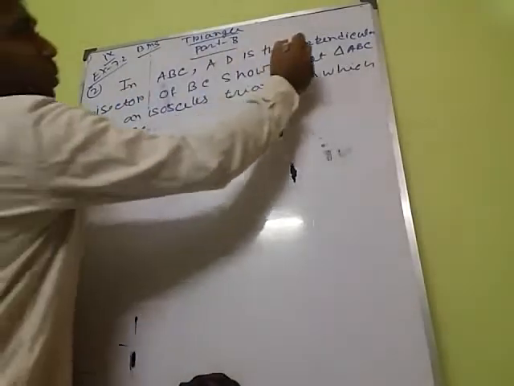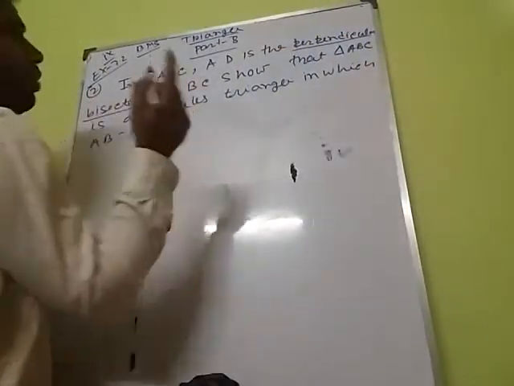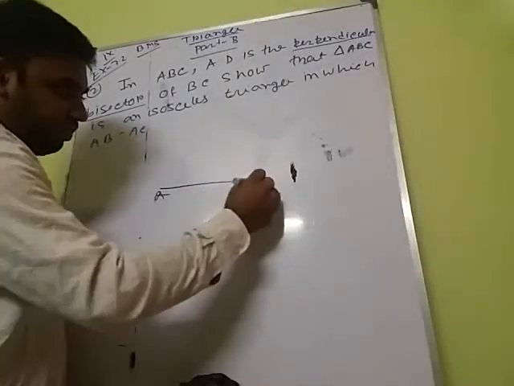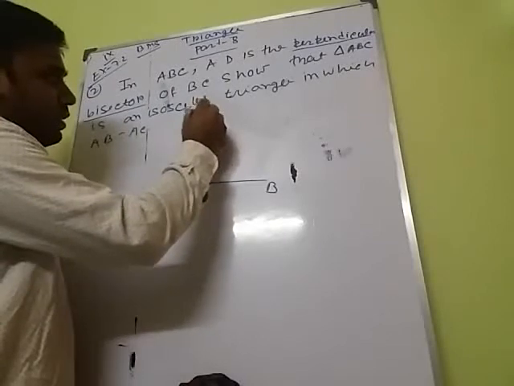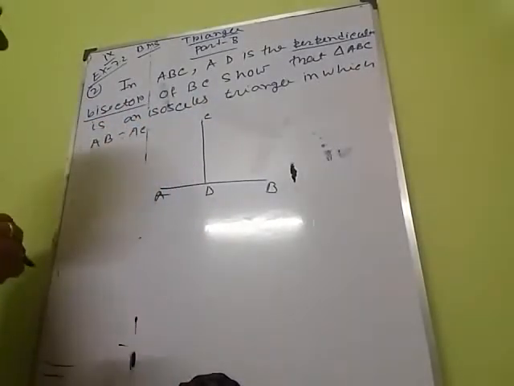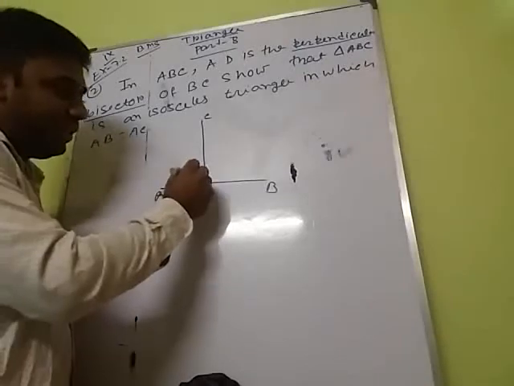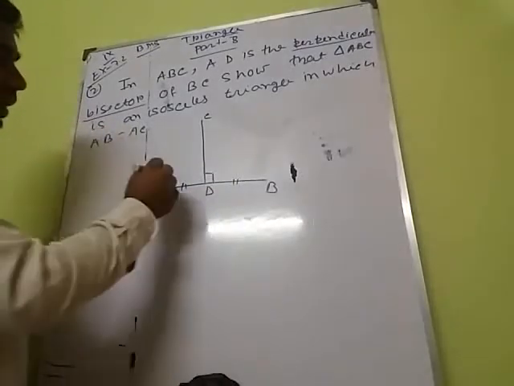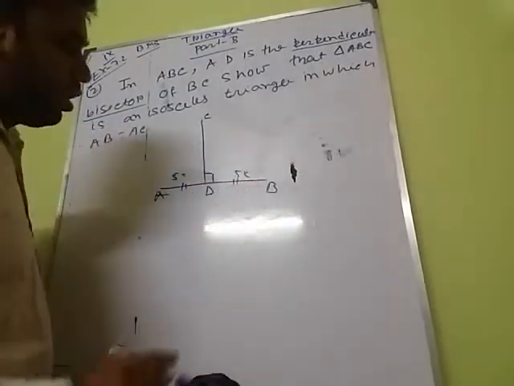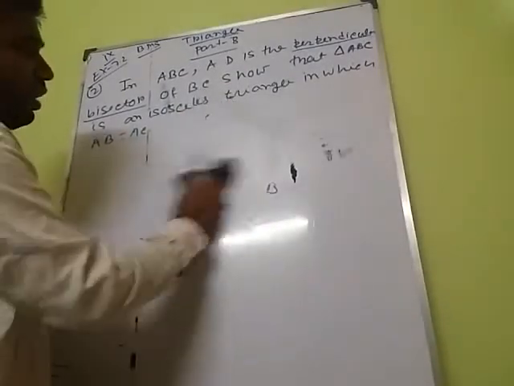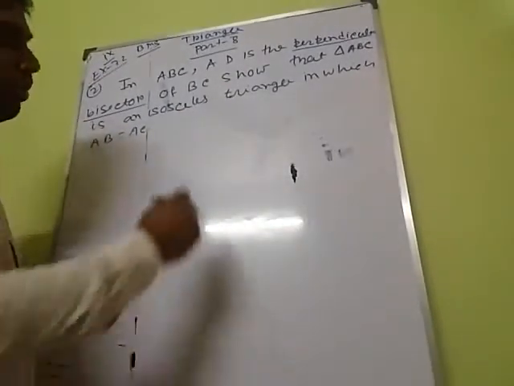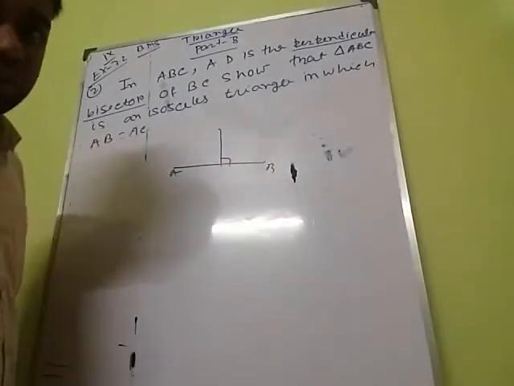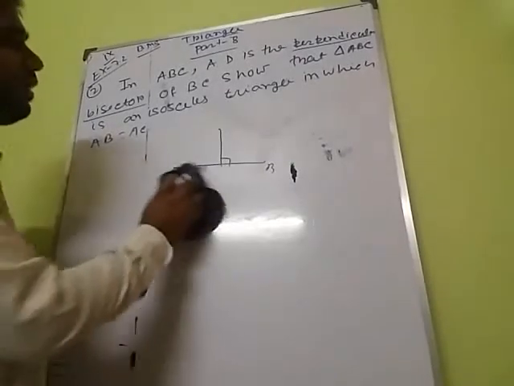Students, first we will learn two terms. The first is perpendicular bisector. What does perpendicular bisector mean? A line AB and a line CD. CD is called the perpendicular bisector of the line AB if this angle is 90 degrees as well as AD equal to DB. If AD is 5 cm, DB will also be 5 cm. So a perpendicular bisector, first of all, is perpendicular. Perpendicular means 90 degrees, and it divides the line into two equal parts. That's why it is a perpendicular bisector. Bisector means dividing in two parts.